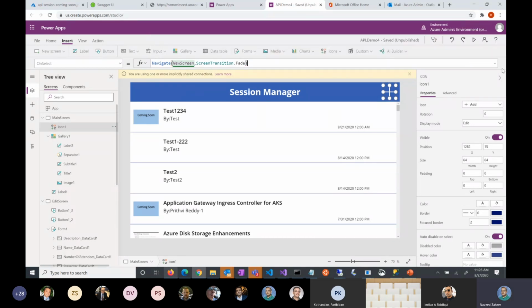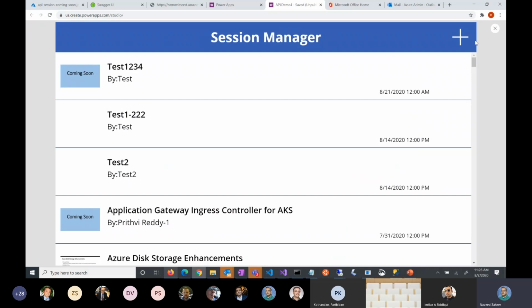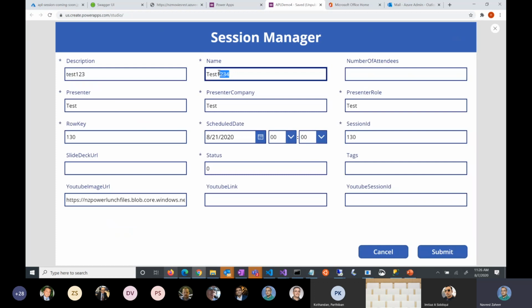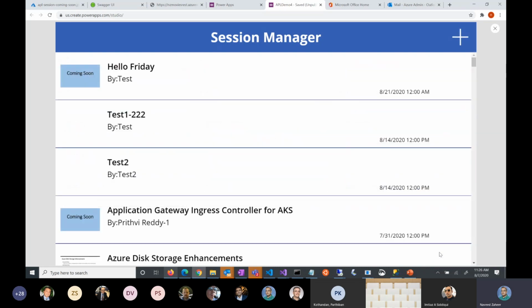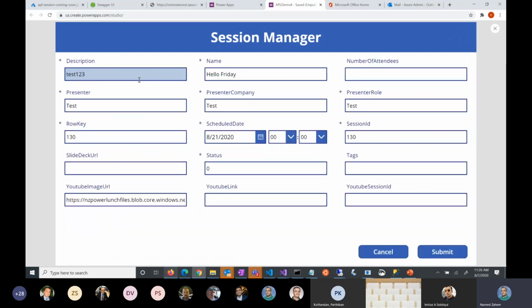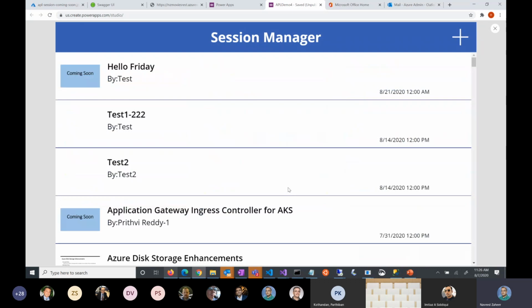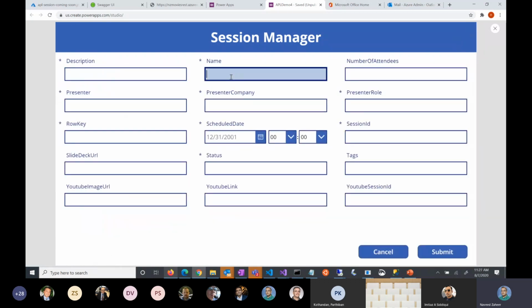Okay, so let's run this thing. So we are on this screen. If we want to go in here, we can go in here and we change the caption, we click on submit. Look, its caption is changed. And let's create a new session now. We call it